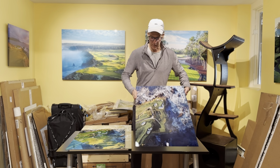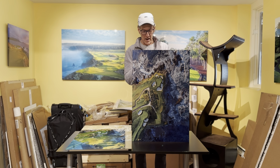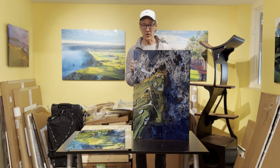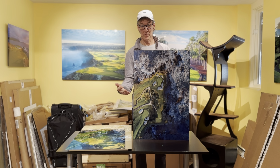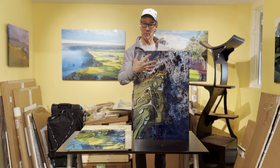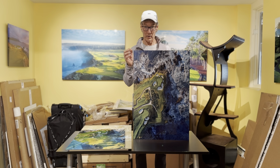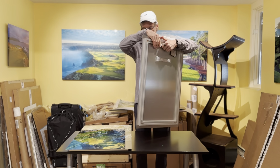Let me start with the metal print. So this is a 20 by 30 metal print. The print is actually a little bit misleading because it's created by a process called dye sublimation, which they actually make another print via heat process. They use heat and pressure. They take the dyes from that other print and infuse it into this specially treated metal, which already has some dyes in it, which creates this print. On the back,